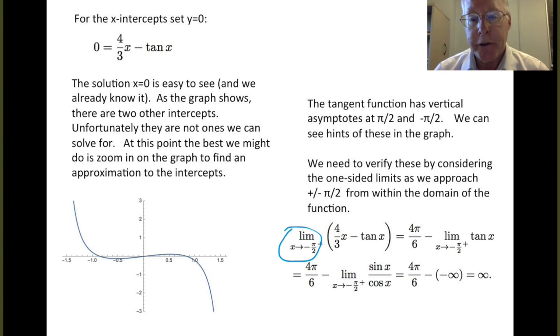And so as we take this limit, we see that the 4/3 x gives no problem. This becomes actually minus 4/3 pi over 6. Put that minus sign in all the way through here. And the more challenging part is considering the limit as x approaches minus pi over 2 from the positive side